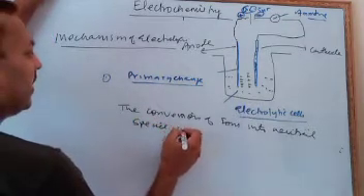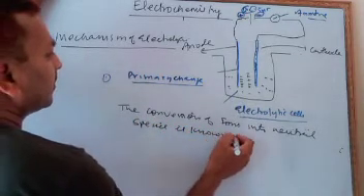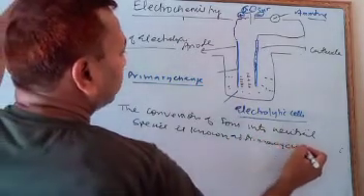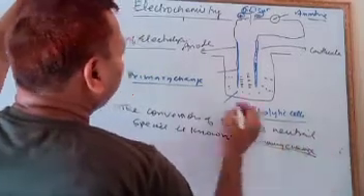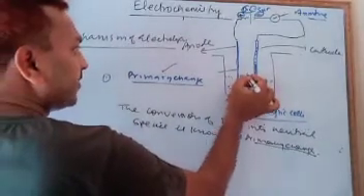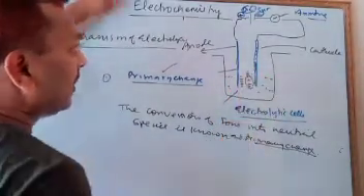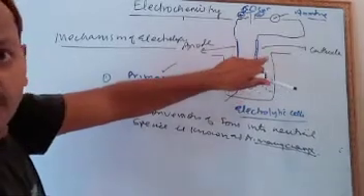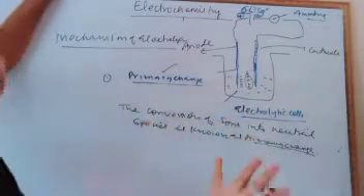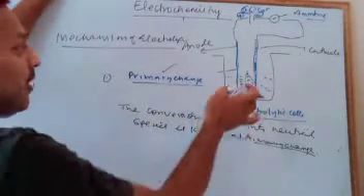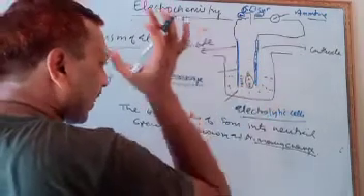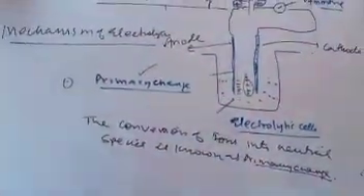Neutral species is known as primary change. In this mechanism, we see change in two levels. One is primary change. Suppose this is a positive cation. The cation will take up electrons from the cathode, and when it takes up electrons, it will neutralize. This is known as primary change.